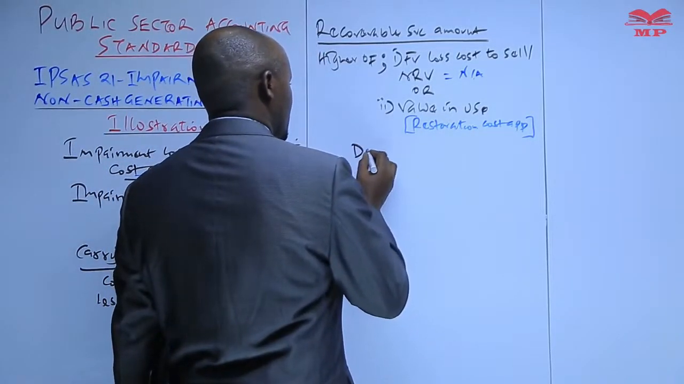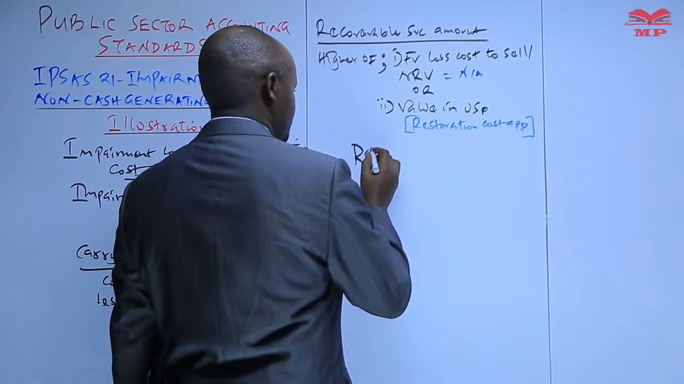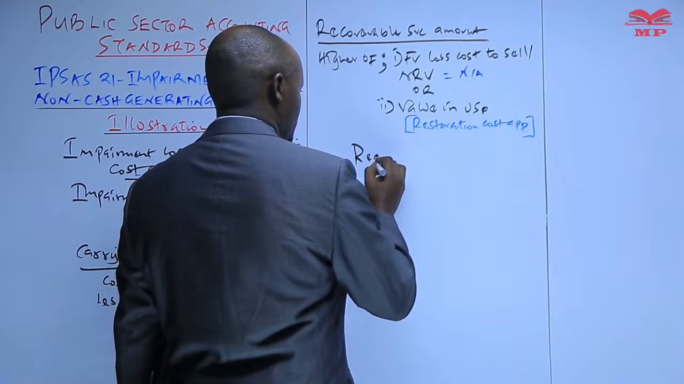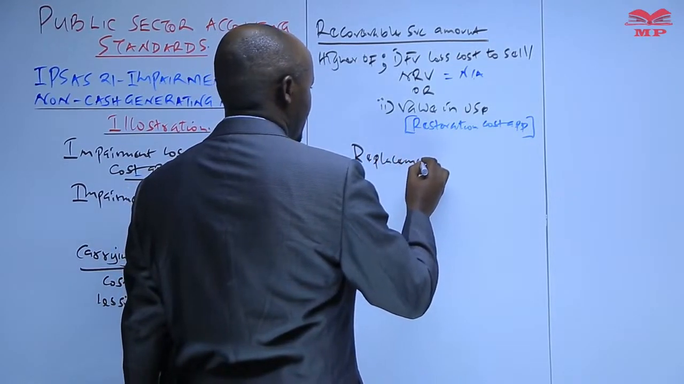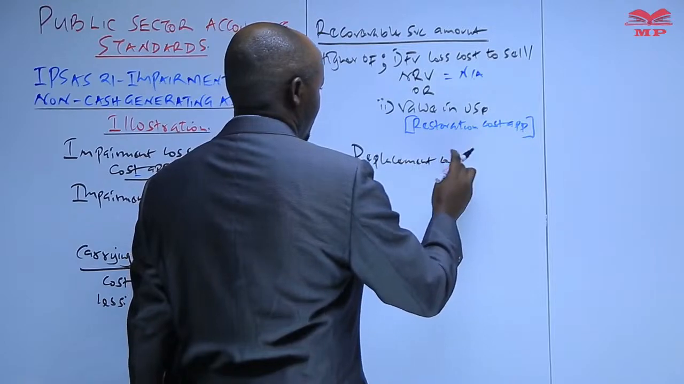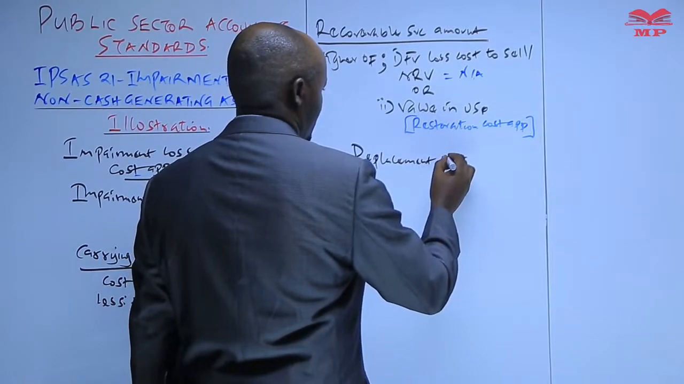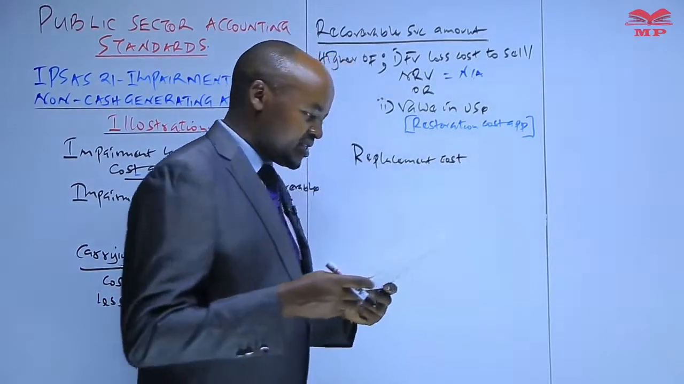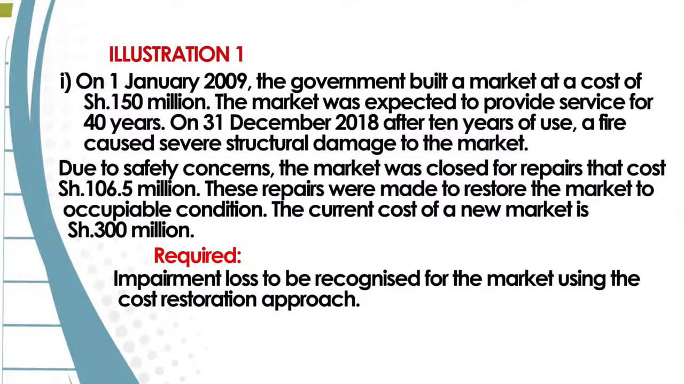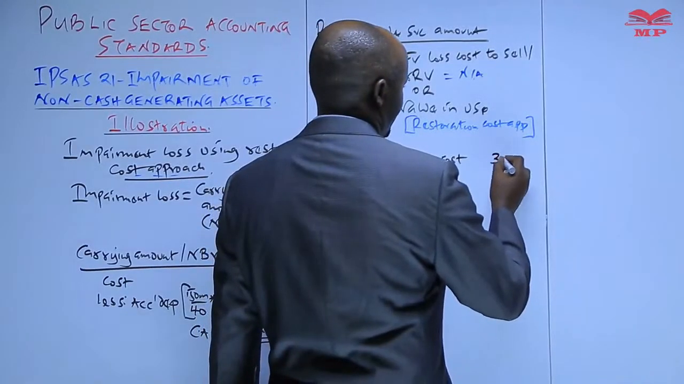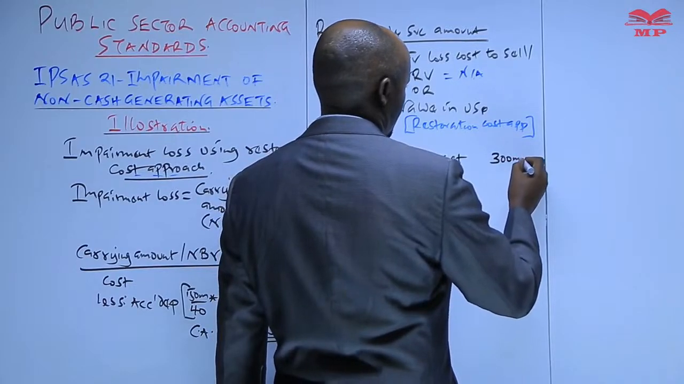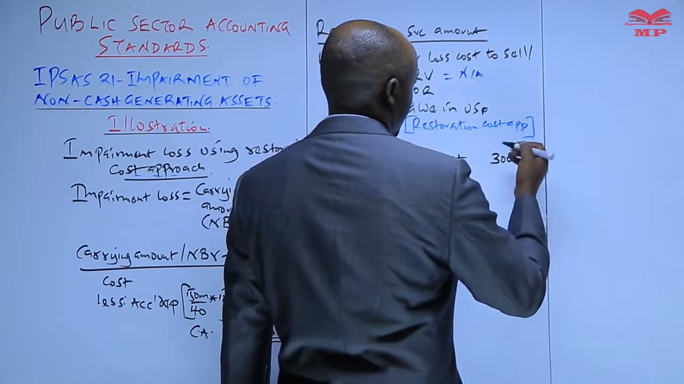So first of all, we take the replacement cost, which is basically the cost which will be incurred currently in terms of replacing that asset which is damaged. And I think in the last sentence of this particular question, we are told the current cost of a new market is 300 million. So if the government wants to construct a similar market currently, that will cost the government 300 million,